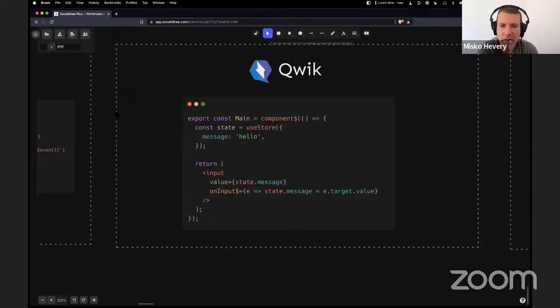So, at the very high level, they share the approach of delaying things. But in the world of islands, you still have to do hydration. It's just the islands are smaller, and so it's cheaper. Whereas in the world of Quick, it's all cohesive and there is no hydration. It's just resumability. Hopefully that helps to clarify.